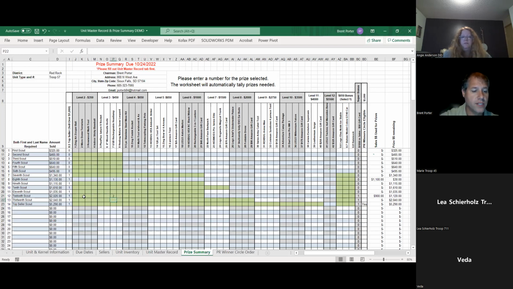Okay, so let's say they go through and pick another selection. So let's say they also wanted to go up here and let's do level 7. So they wanted this North Face backpack. Okay. So they said, yep, I want 2 of those, 2 headlamps and a North Face backpack. You go and you enter it. Guess what? You went over your number. Okay. It highlights the whole bar red. You know you went over it. You got to adjust something.